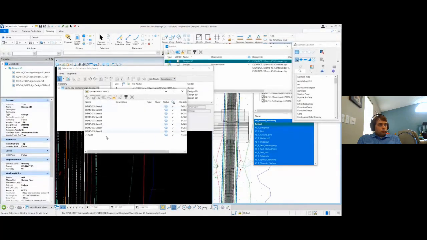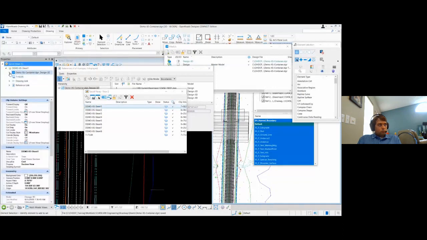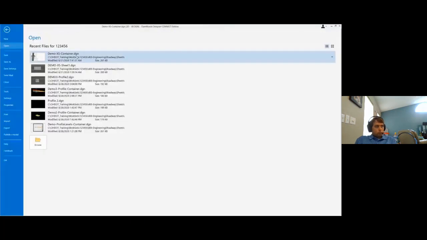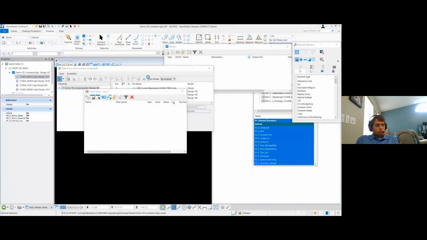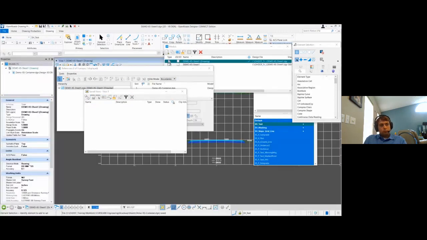So there's a save view for each of those cross sections. If I click on one, I can easily go to a given reference and turn the display of something on or off. So maybe I turn off the storm sewer. If I jump back to my sheet file, you should see that it is turned off, which it is. Okay, so that is how you can control level display per cross section.